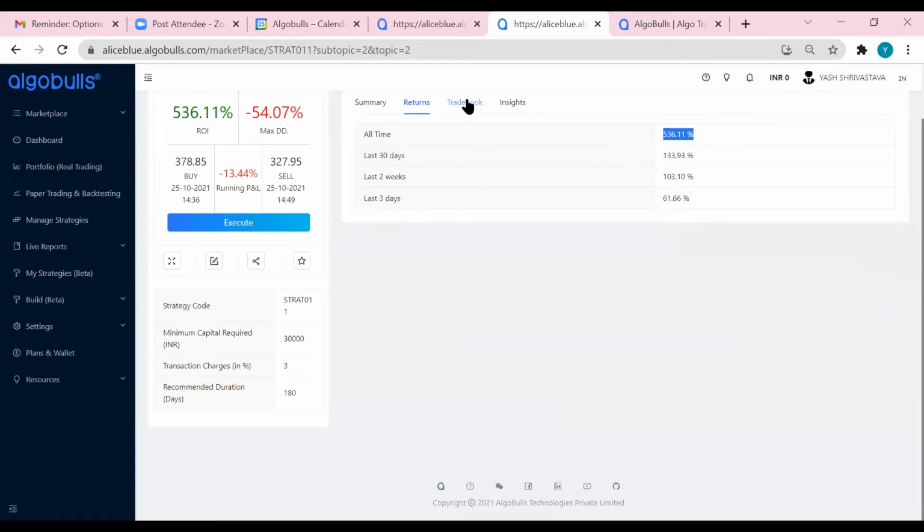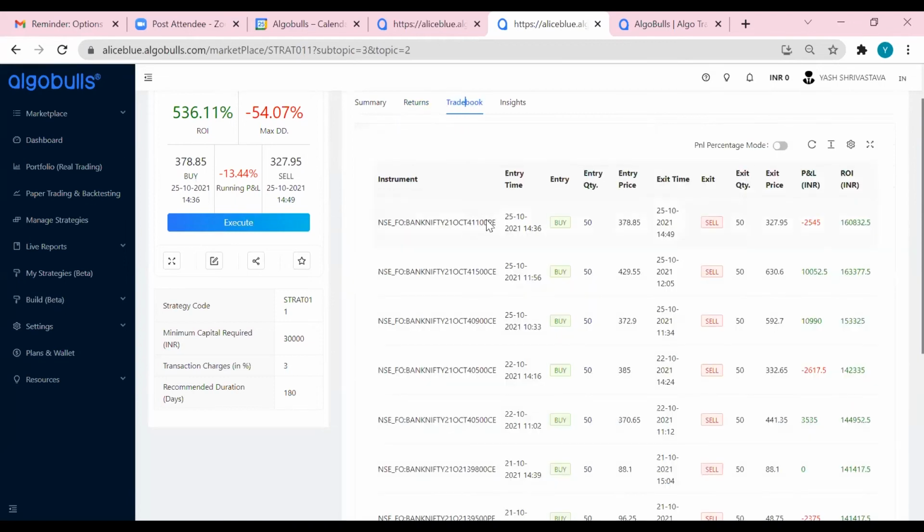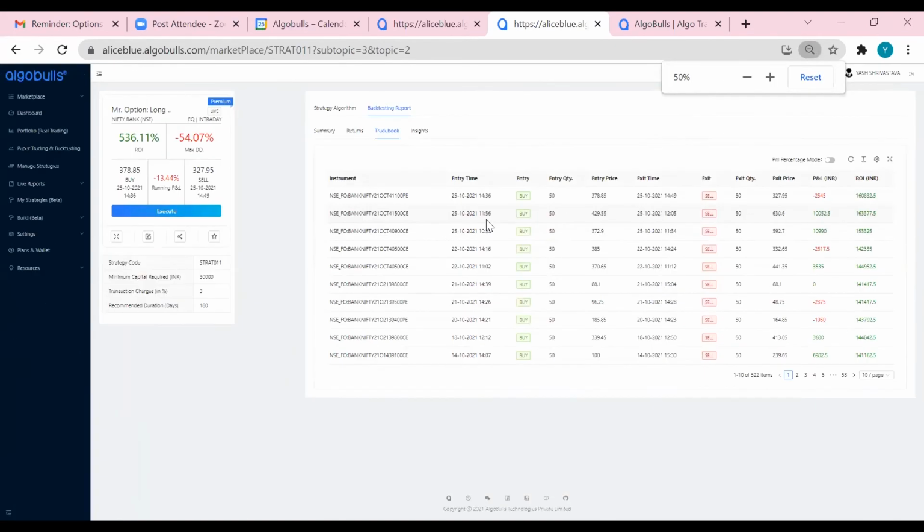Apart from that, as Mr. Kiran was showing you a trade book, which was actually executed in his broker's panel, you could find the same thing on AlgoBulls panels too, where you could actually track his last trade. You could see the last profit of 10,052 rupees, which was booked, and you could see what was the recent trade taken at what time, and what was the recent buy price, sell price, what was the quantity entered, what was the price at which the trade entered. And you can not only do this for today's trade, but you can do this from the first day till the last day.